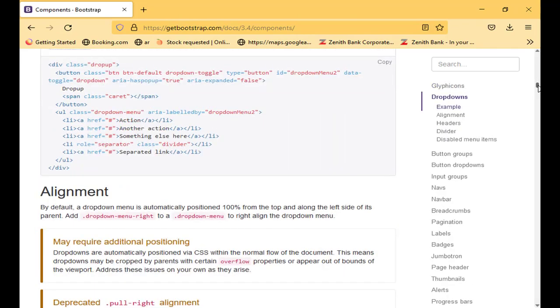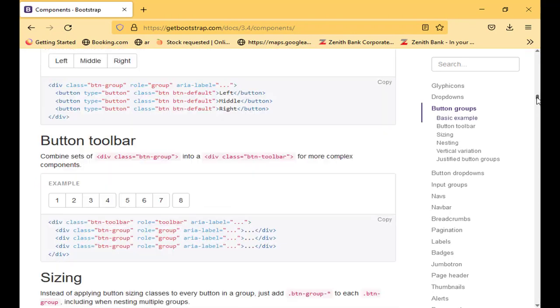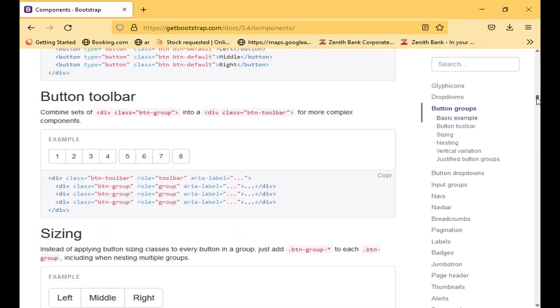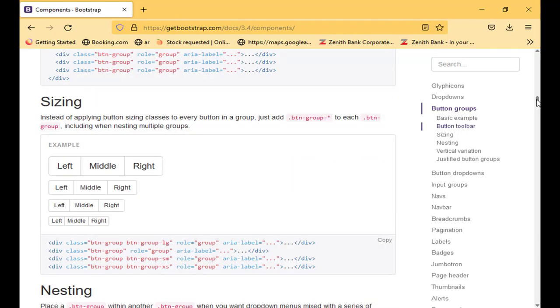Let me show us another one down: buttons. Different types of buttons. They are able to say, okay, this button, stay left, you be in the middle, you go right. This is what they are doing here, able to separate them. And again,